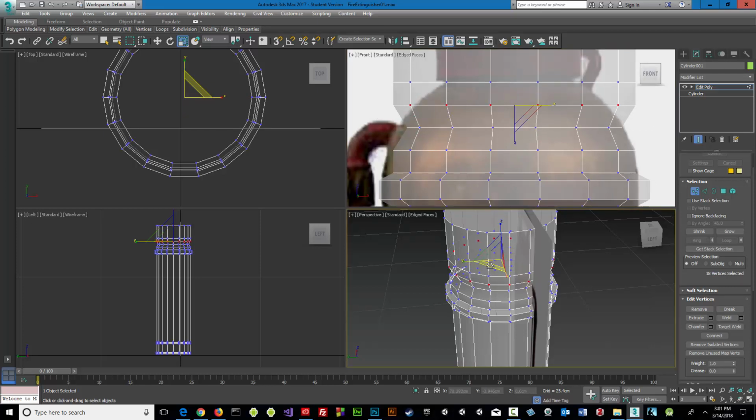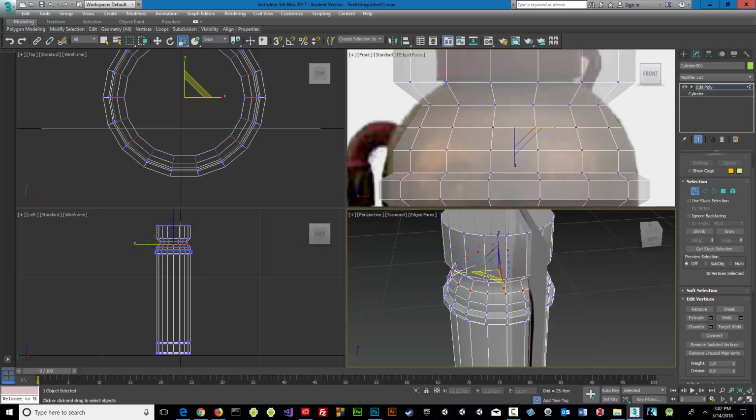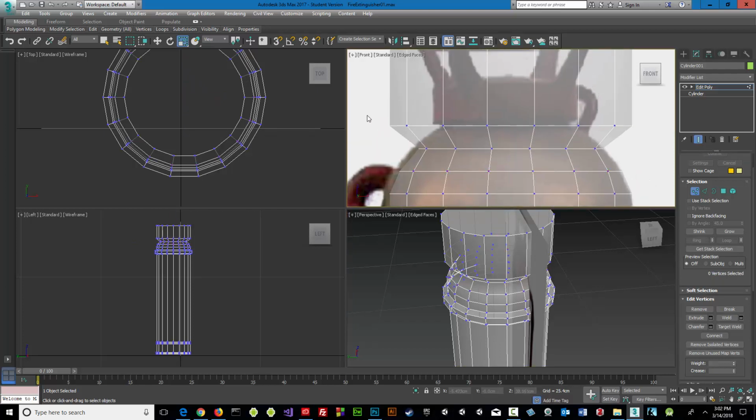Go back over here to my perspective and do that until I've got, actually, let's go back to this line here, and we need to actually draw that out a bit. Oops. There we go. And then we have one more line here,